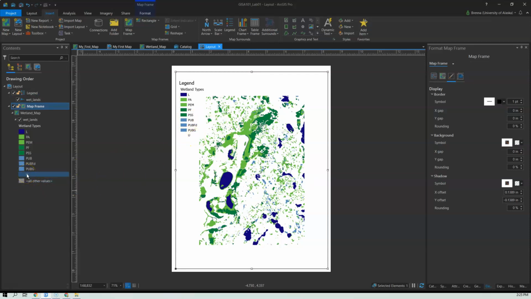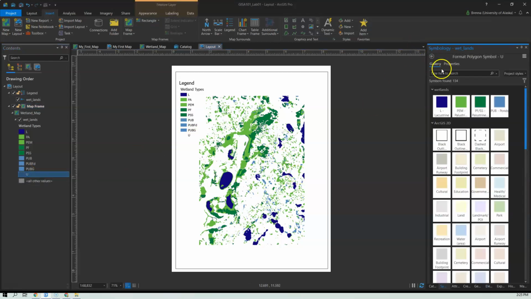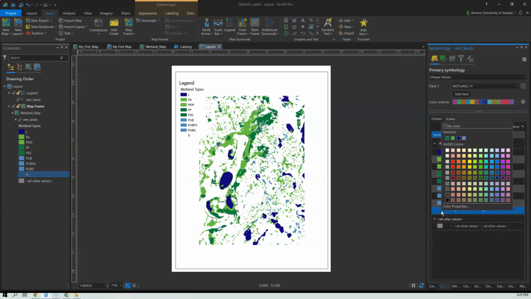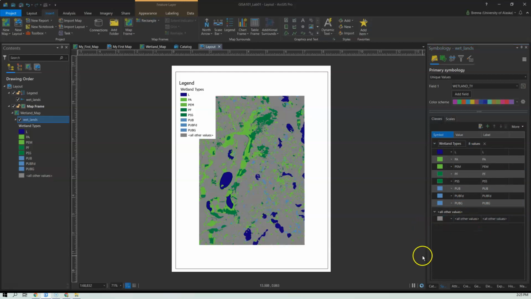If you wanted to make that go away, what you would need to do is visit the symbol for that item. And remember that we had a set of unique values that included everything that was within our attribute table, but we don't have to include everything. We can go in here and remove that from our list of values. You can just hit delete and it'll take it out. It still has all other values, which it's now default using for that. So the only way to remove it from the legend now, since it's included in the area, is to also delete that one.